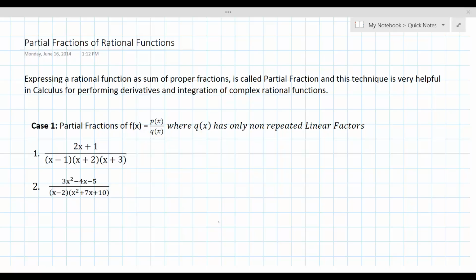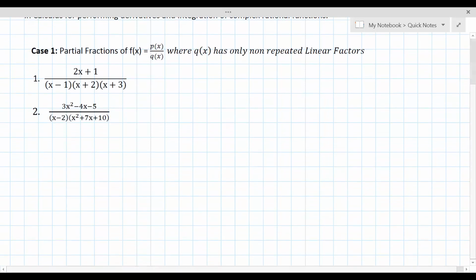In this lesson, we will learn how to break up one complex rational expression into an equivalent sum of simpler fractions. Let's get started with the given rational expression, which is a proper rational expression, as the degree of the polynomial in the numerator is less than the degree of the polynomial in the denominator. So the given rational expression